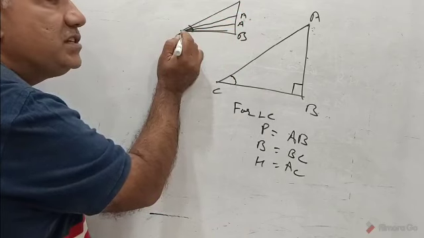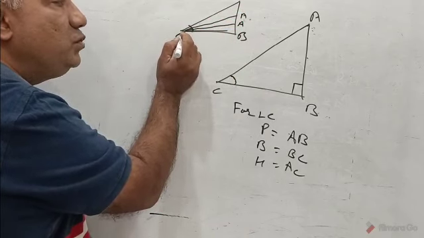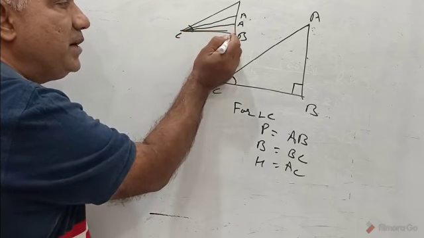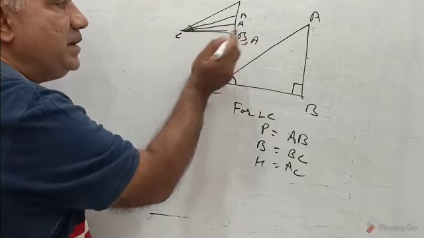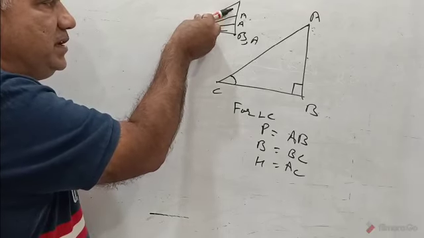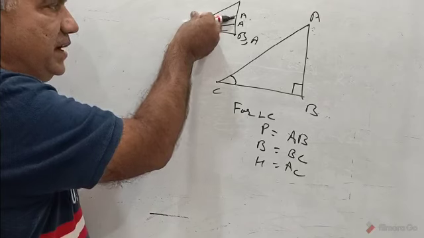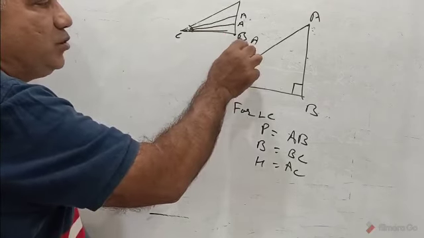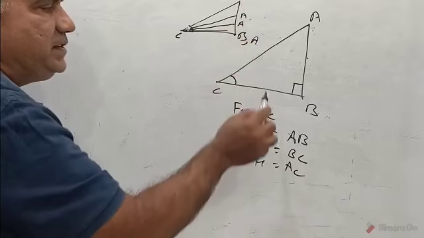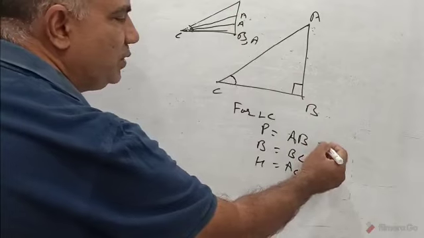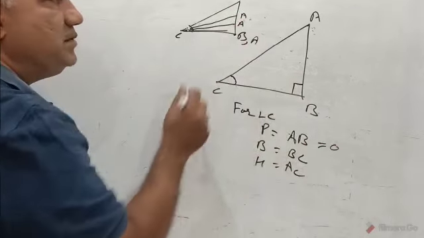Students, please try to understand. If I want to make angle C 0 degree, A will come and coincide with B. To make this angle 0 degree, C will remain there and A will come to B, like this. So B and A are coincident points, they are lying at one and the same point. In this process, side AB gets eliminated altogether, so you can say its value will become 0.